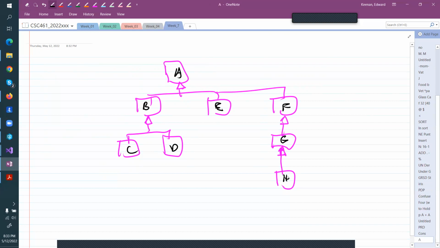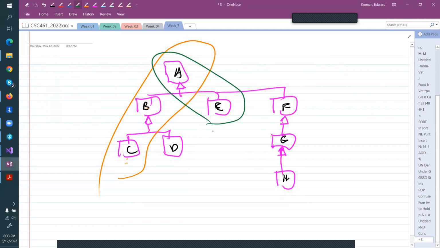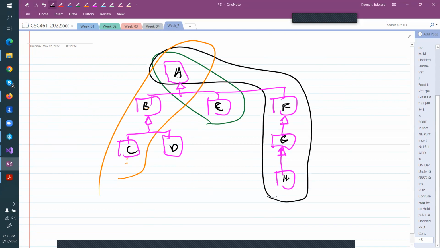So let's say we had this crazy inheritance structure, right? When something is born, let's say it's C, you go all the way up until you hit the top, and that's your stack, A, B, and C. If you have E, it's just E to A. E and A is only on your stack. If you have H, you get H all the way to A, so you get A, F, G, and H,